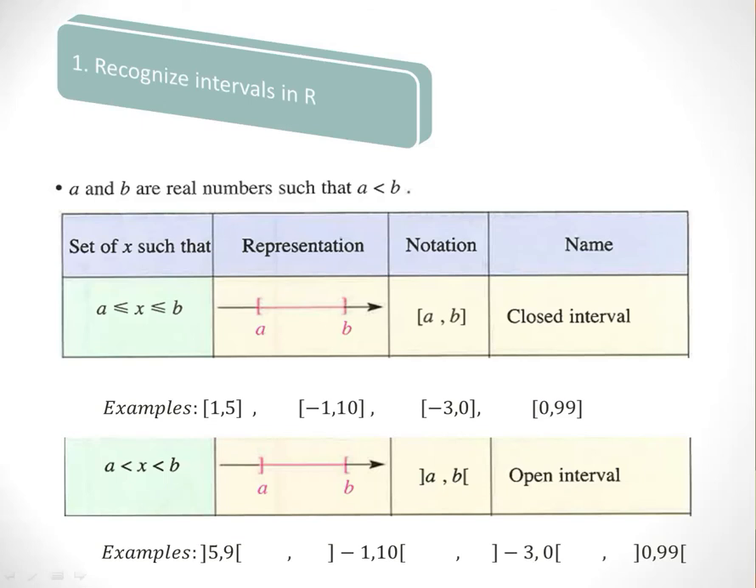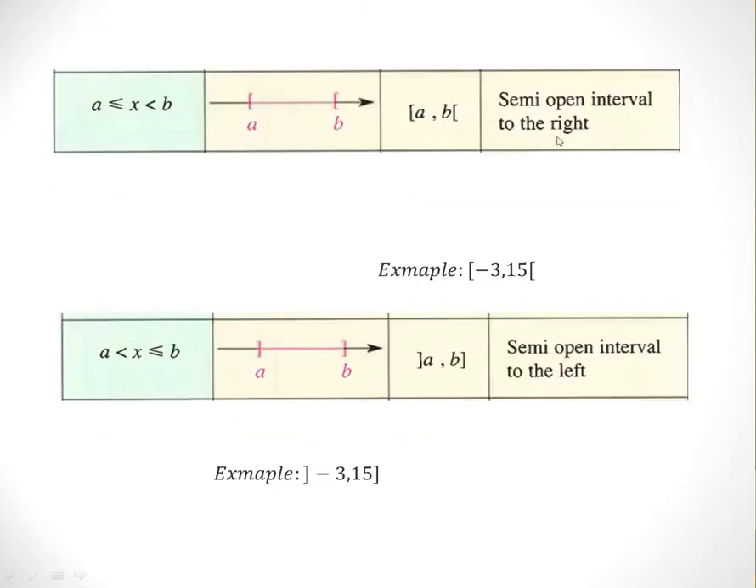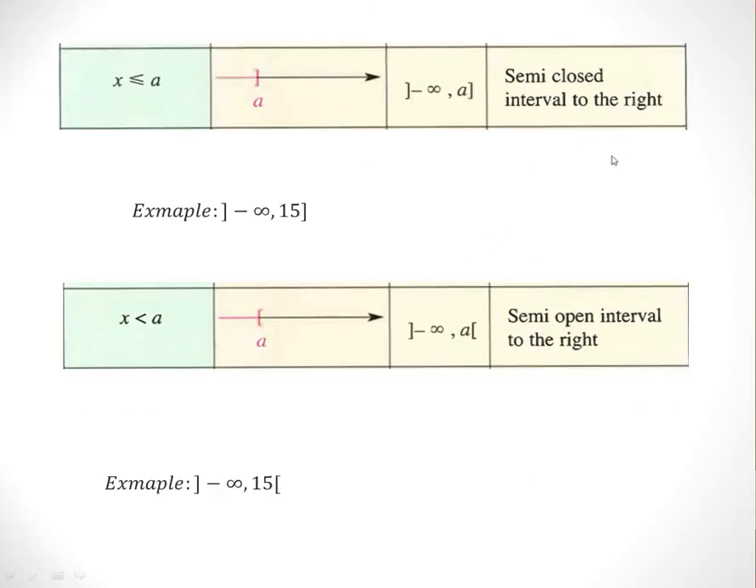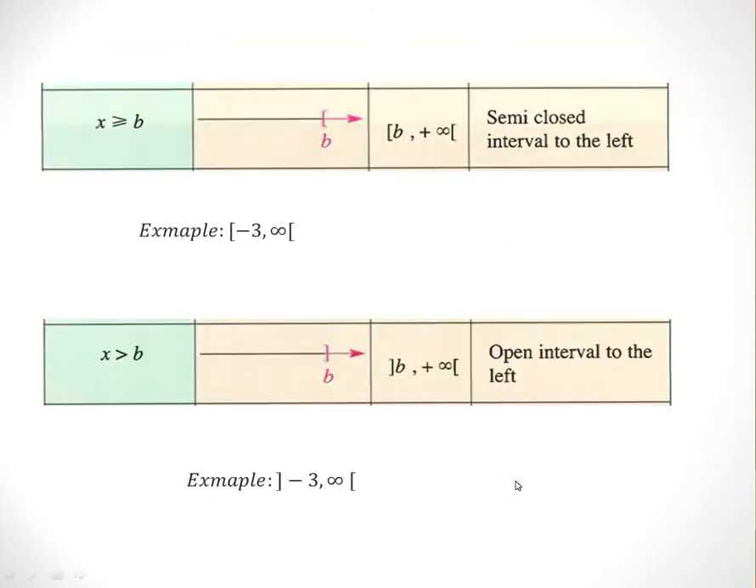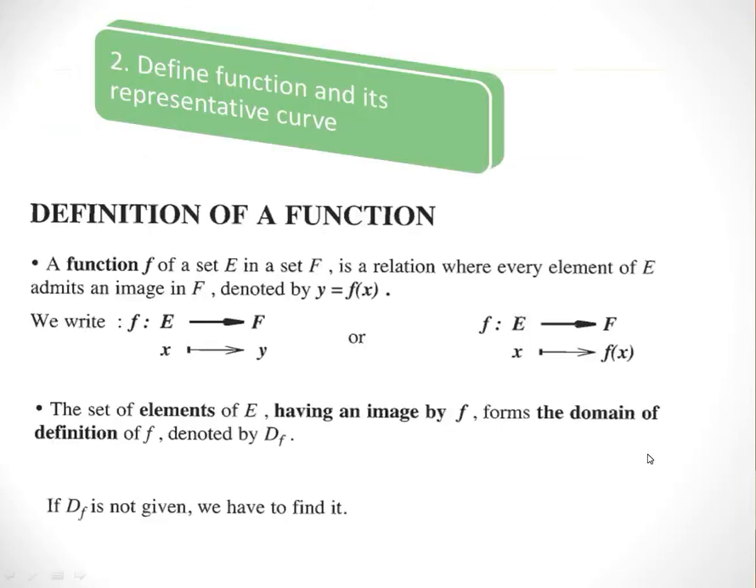We talked about intervals in R, that every function's domain of definition is an interval in R. Many kinds of intervals: closed interval, open interval, semi-open interval to the right, semi-open interval to the left, semi-closed interval to the right, and so on. These kinds of intervals, just to know their names. We said that